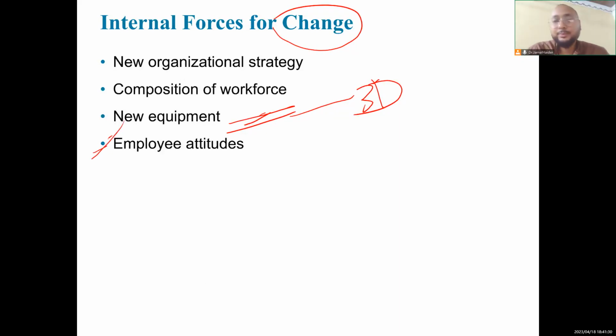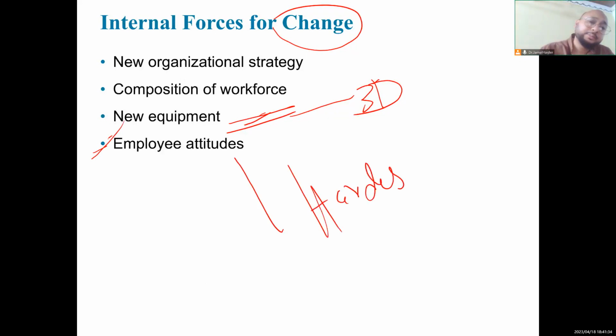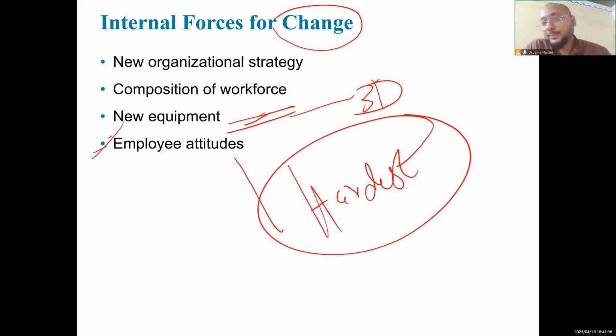Employee attitude. The hardest part, hardest. Organizational strategies, okay, it takes 2 or 3 years for the organization to be completely in change. Composition of workforce, you need 1 year or 6 months, a short time compared to organizational strategy. You can implement this change. New equipment,